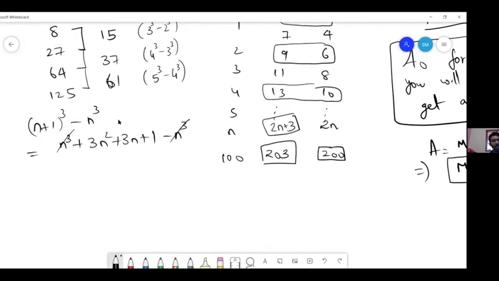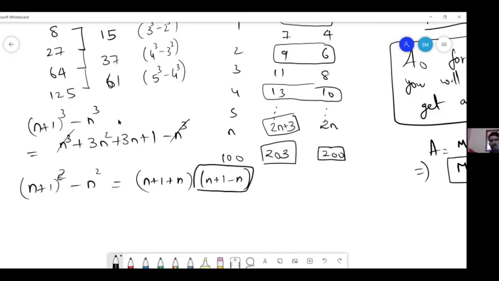Let me show you something. If I have (n+1)² minus n², basically this is for the square sequence. One way is taking (n+1)² and subtracting n². Then I can use another identity here. Can anyone tell me? a² minus b² is (a+b)(a−b). And a minus b is what in our case? It is 1, because we're taking two consecutive numbers.